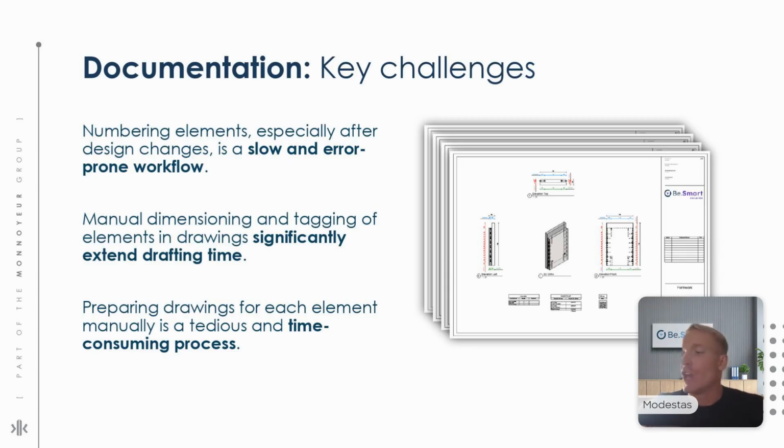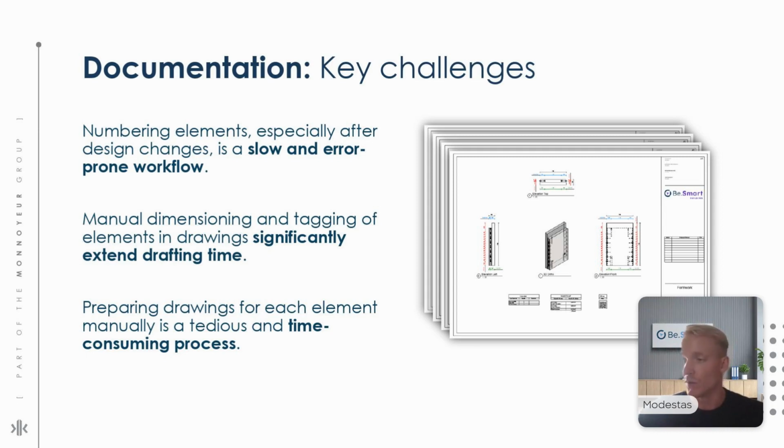Now let's see what the key challenges are for the documentation phase. So one of them is numbering. It can be a slow and error-prone process, as you have a lot of elements in the Revit project, and you need to manually type in the values for the mark parameters. The dimensioning and tagging can significantly extend the drafting time, and creation of drawings requires extensive care, double checks, which